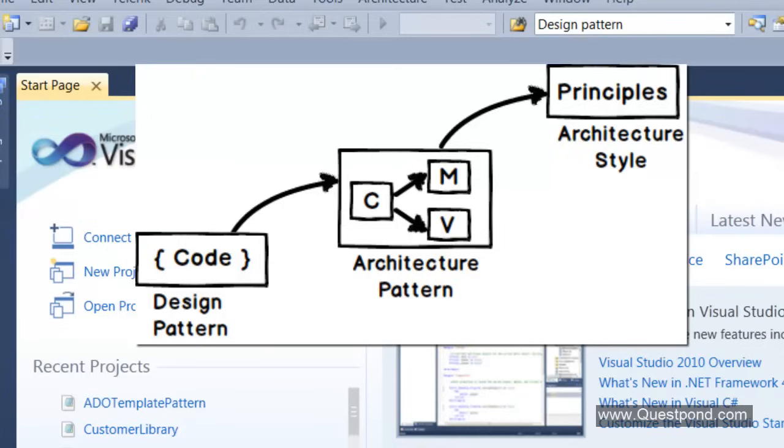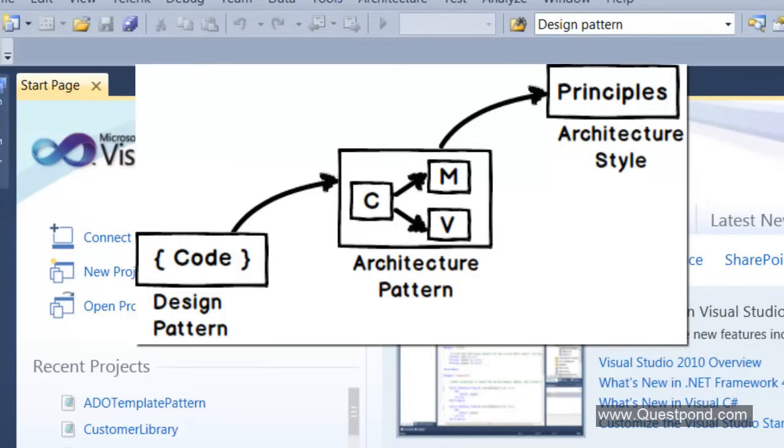When you say it's an architecture pattern, then it's only block level diagrams. For example, model view controller is an architecture pattern where we say, okay, there is a controller, then there is a model, then there is a view. The first hit comes to the controller and then it picks up the model and the view. So over there, we just draw block diagrams. It's a 30,000 feet level view of your project.